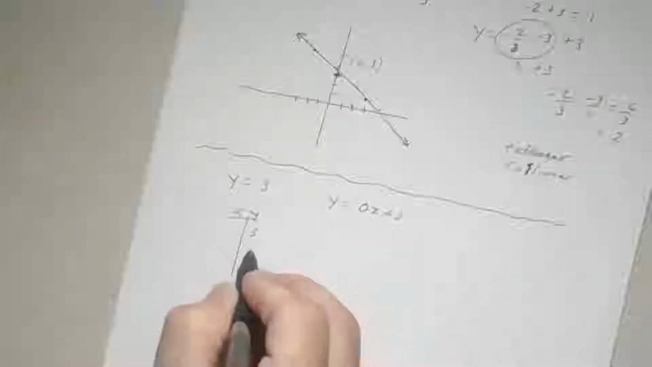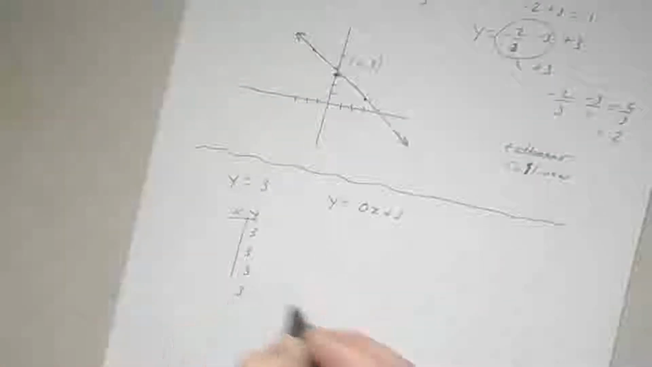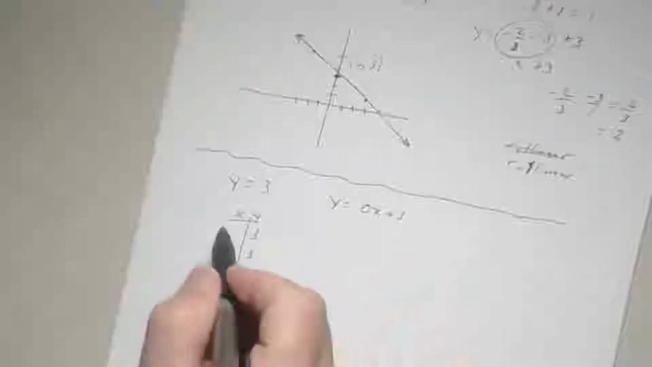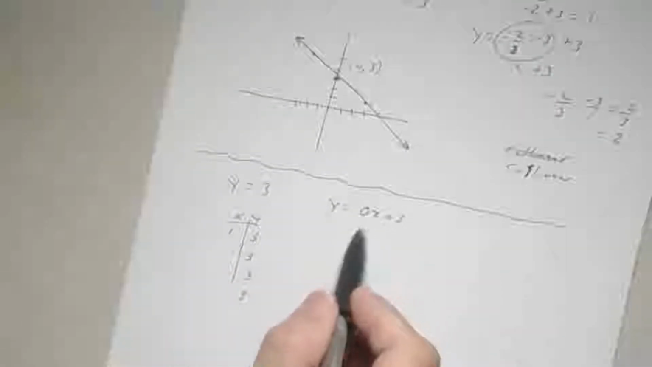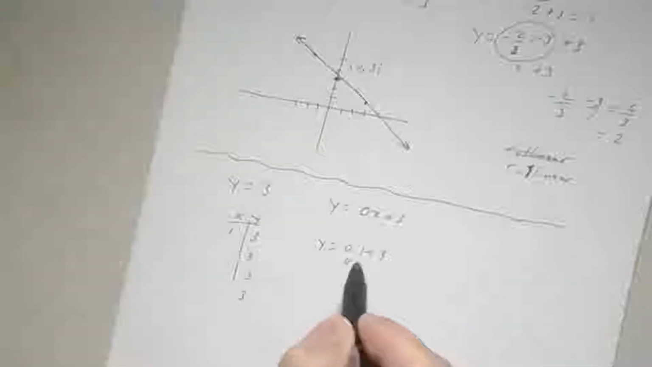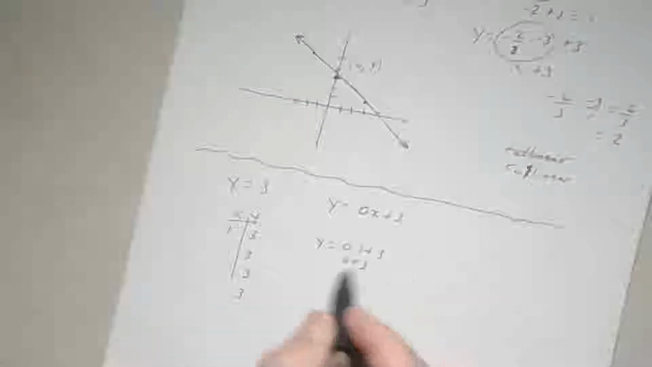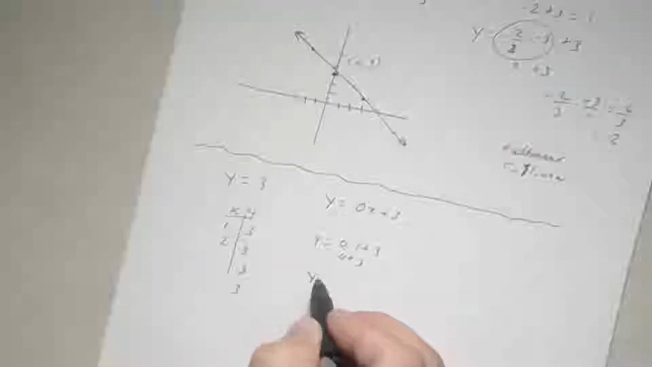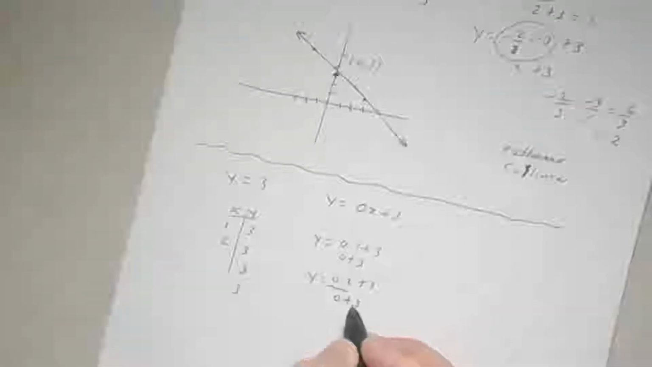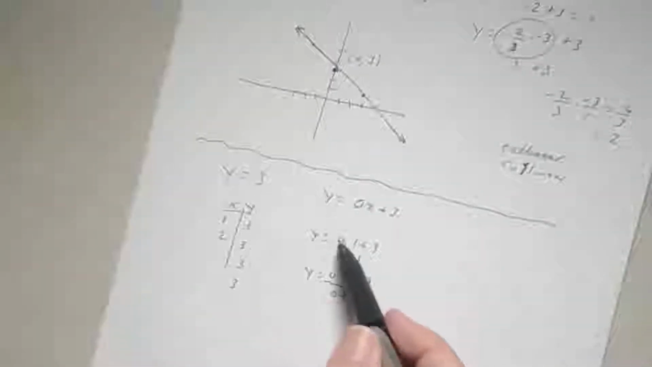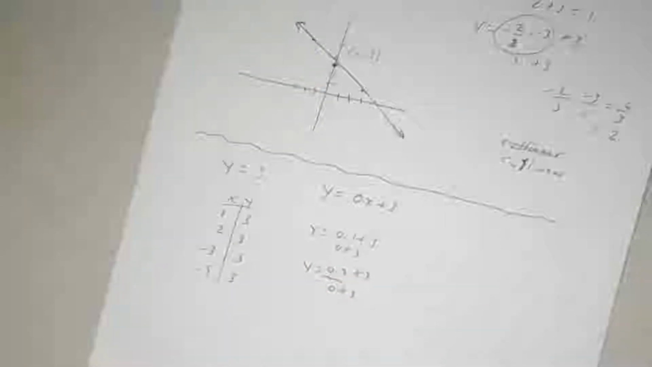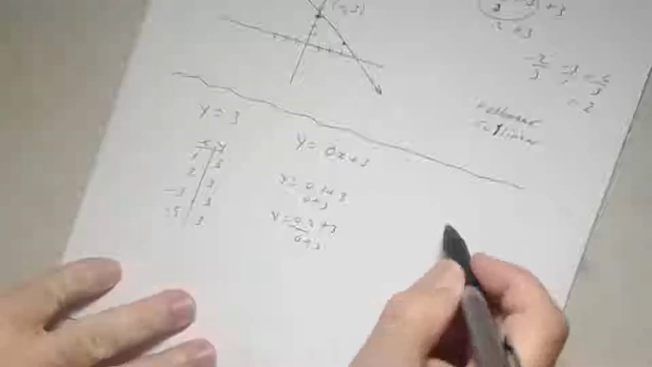So in this column, this is always going to be a what? A 3. And I can plug any number in for x. So if x is 1, watch what happens. What's 0 times 1 plus 3? What's 0 times 1? 0. And 0 plus 3 is what? 3. If x is 2, I get y equals 0 times 2 plus 3. What's 0 times 2? 0. 0 plus 3 is 3. So no matter what x is, y always equals what? 3. So if I graph this,